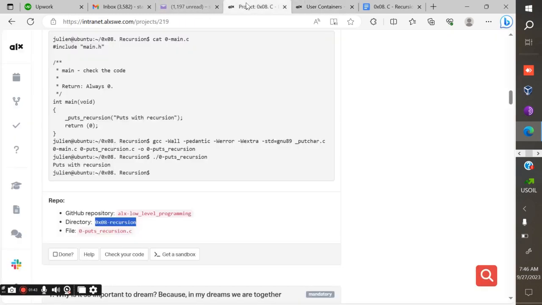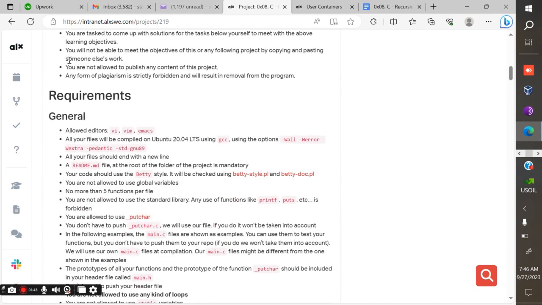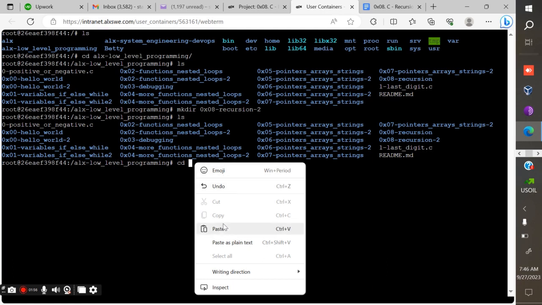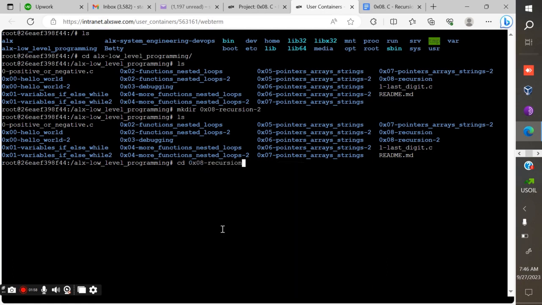The next step, as per the instructions, is that I'm supposed to have a README file at the root of the project folder. So I will open my directory and see whether there is anything inside. As you can see, it is empty. As per the instructions, I'm supposed to add a README file inside that folder. So I will use vi